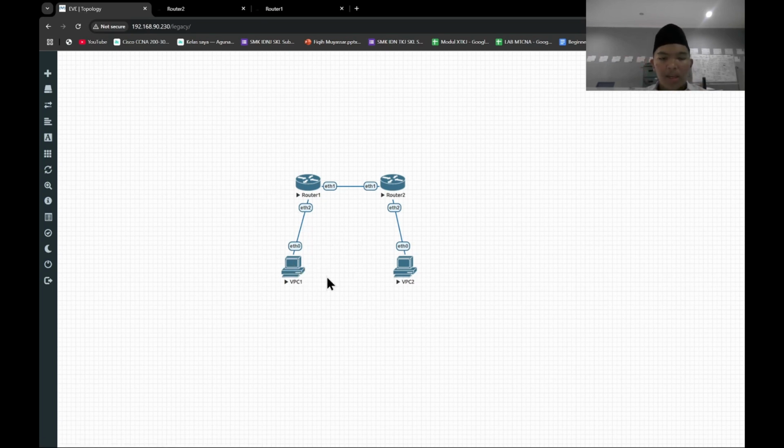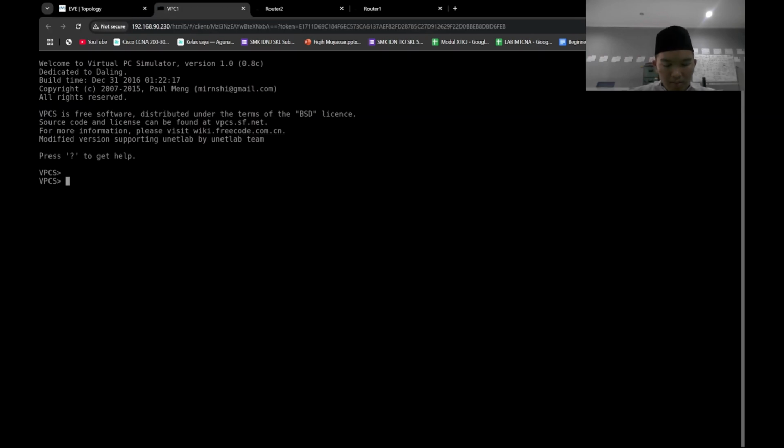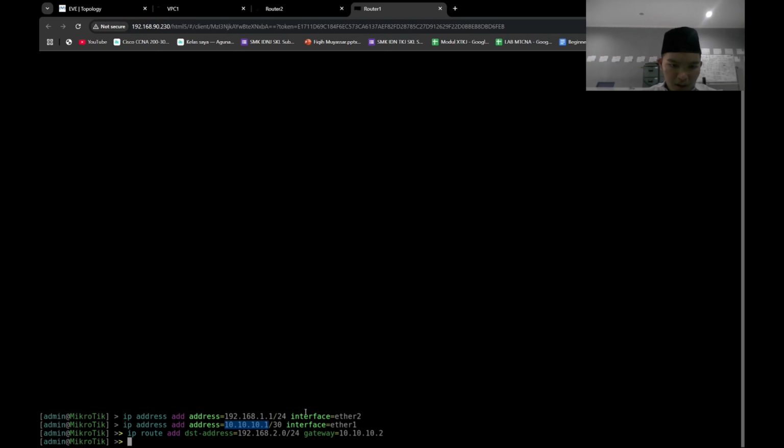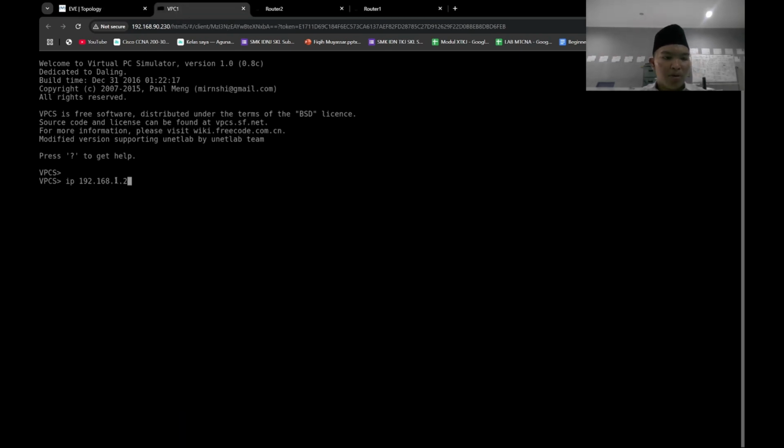Now PC1 can ping PC2, but first we're gonna set the IP. For example, in PC1 we're gonna use 1.2, because 1.1 is already used for router 1 ether2.